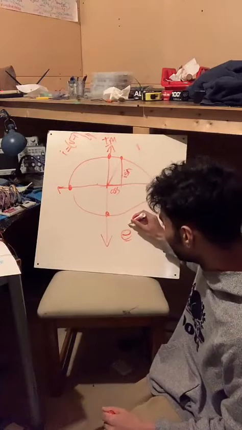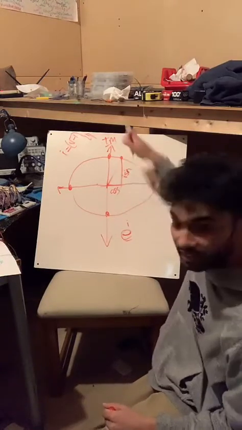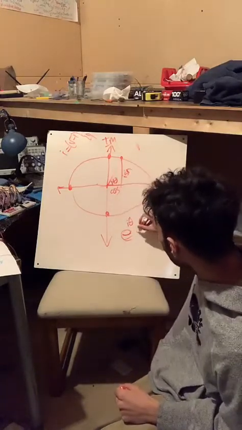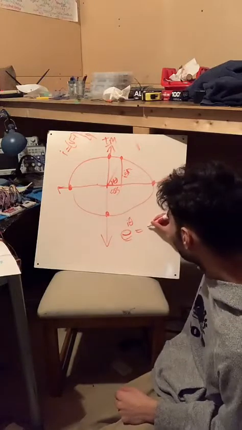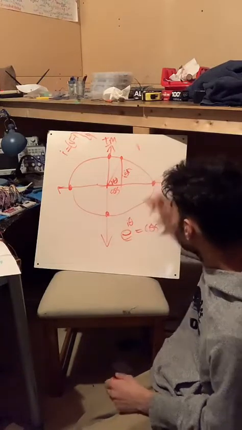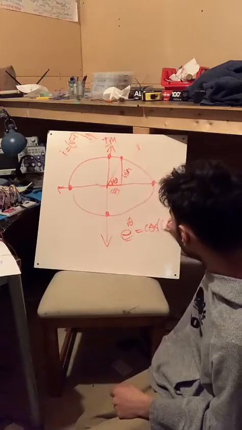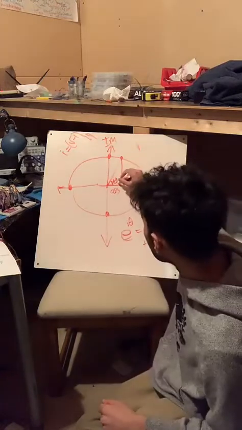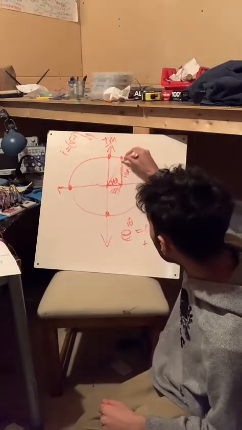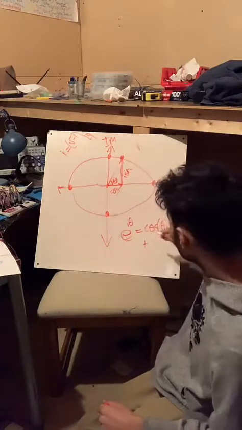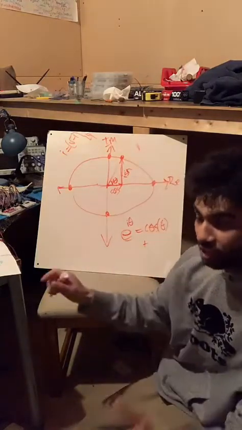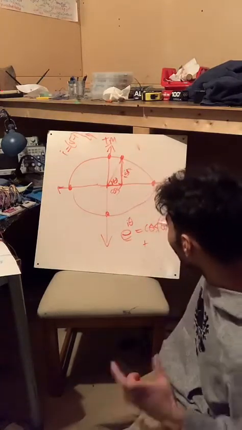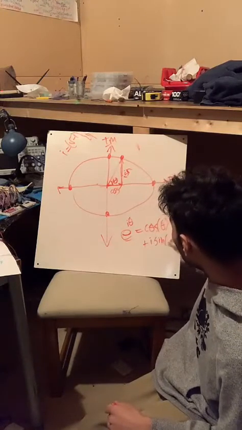But if you do E to the power of I, the imaginary, times some angle, what is that equal to? That's equal to cosine of the angle plus I times sine of theta. And why am I doing plus? There's something called linear combination. You could think of this as a vector: this is the cos vector, and the I times sine vector points at that coordinate. So that's why I'm doing plus. Maybe if you learn linear algebra, you might understand this even more intuitively.